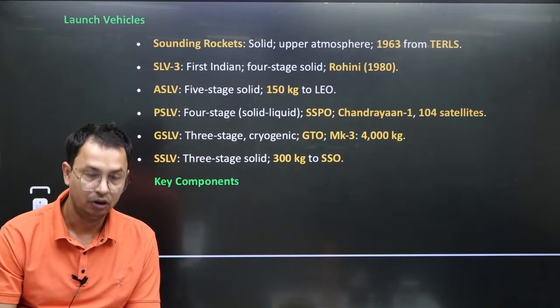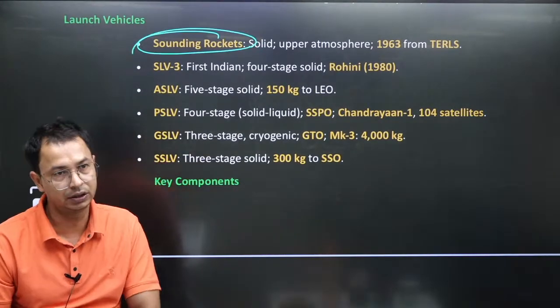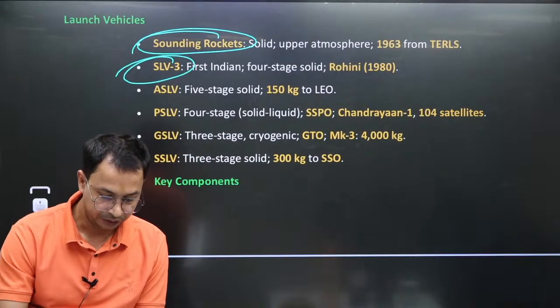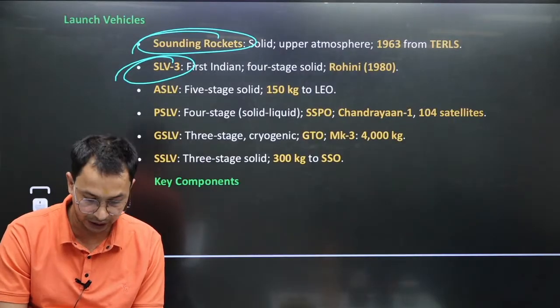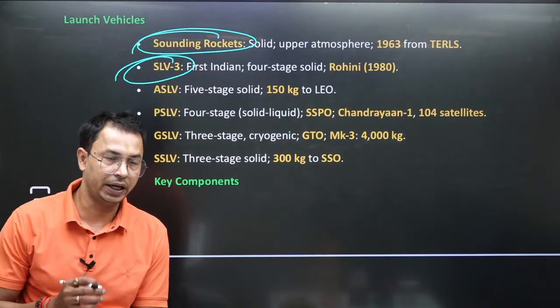Then we have launch vehicles. The first launch vehicle that India launched was the sounding rocket. The sounding rocket was launched from Thumba. Then the second rocket is the SLV-3. SLV-3 is the first Indian rocket that you can say this